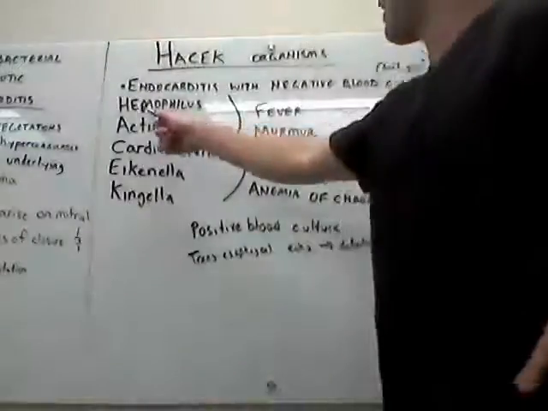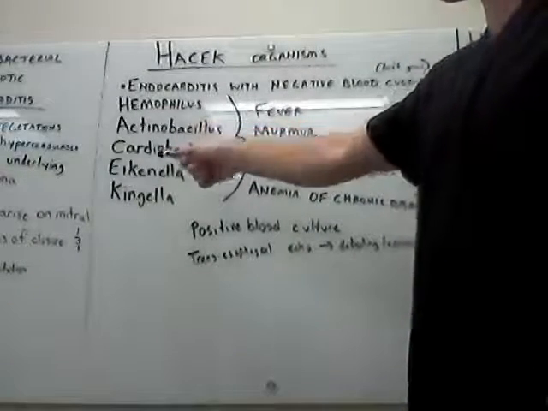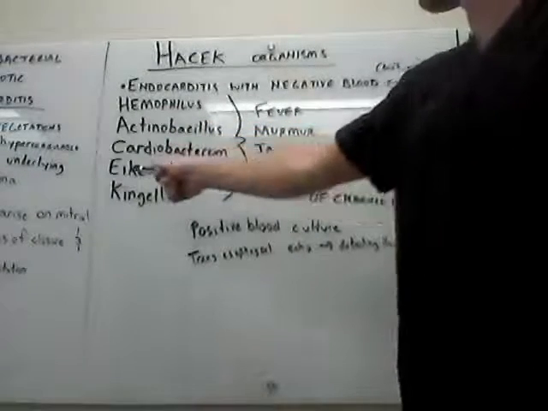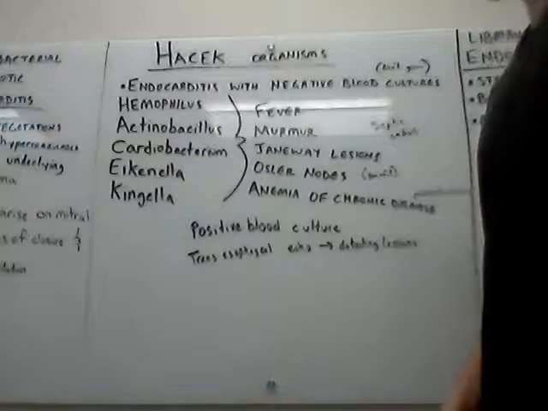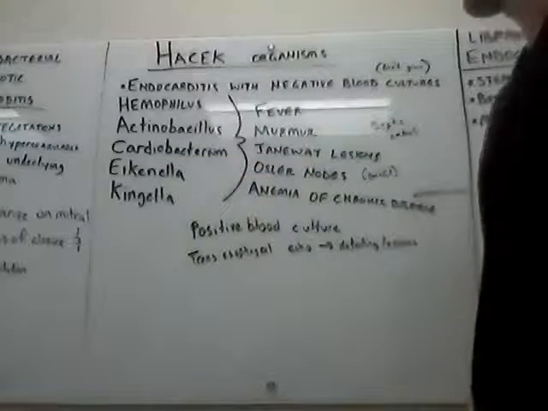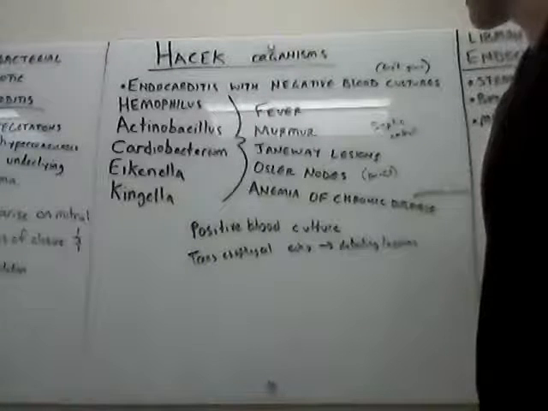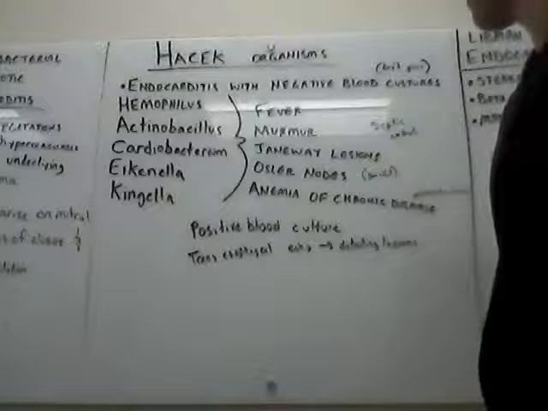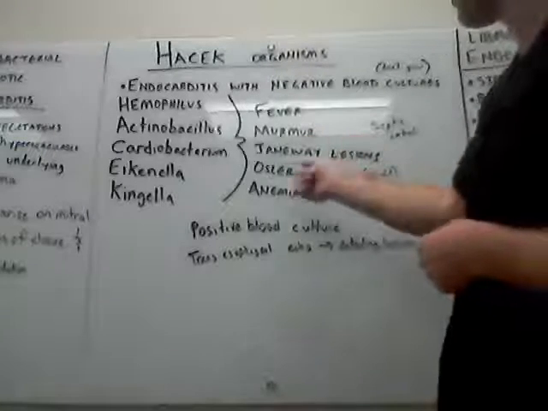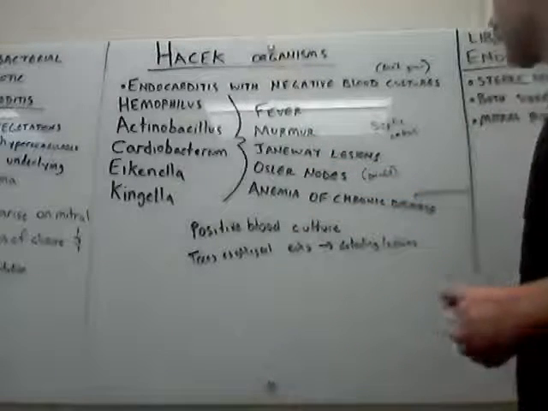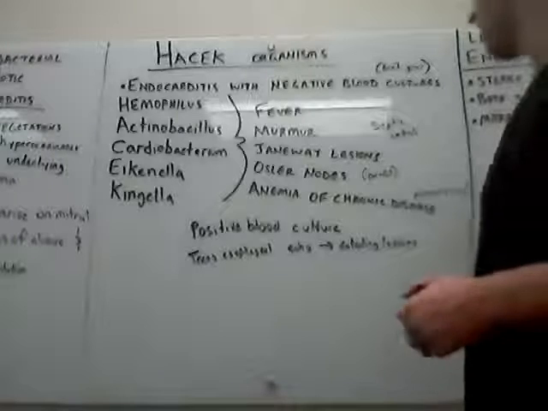So the HACEK organisms, acronym: Haemophilus, Actinobacillus, Cardiobacterium, Eikenella, and Kingella. Present with fever, murmur, Janeway lesions, Osler nodes, and anemia of chronic disease. Essentially what's happening with these Janeway lesions, Osler nodes, and anemia of chronic disease is that you end up with